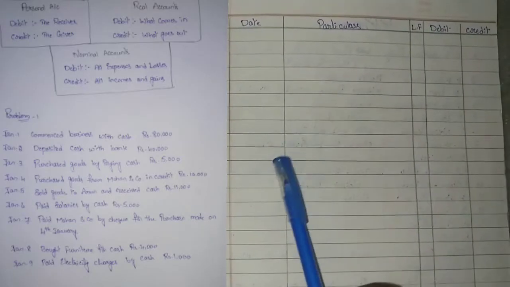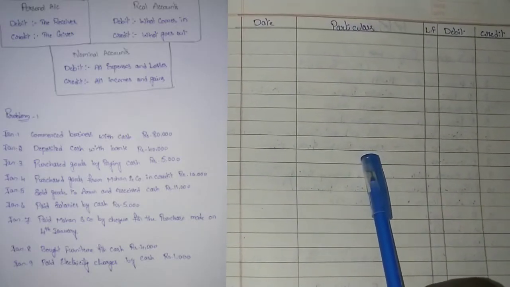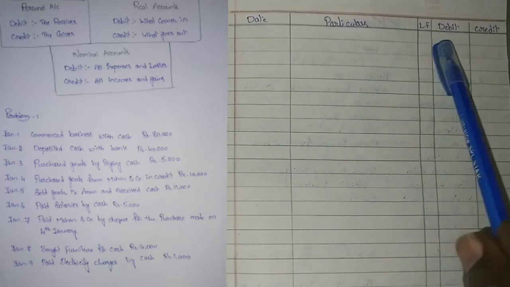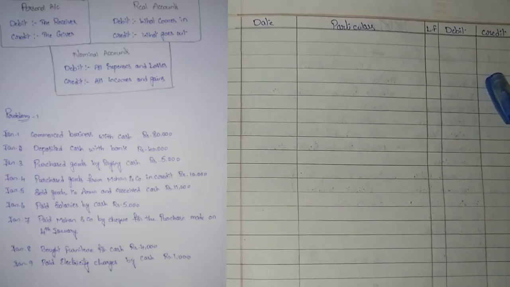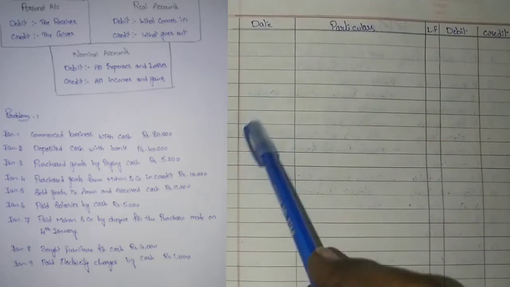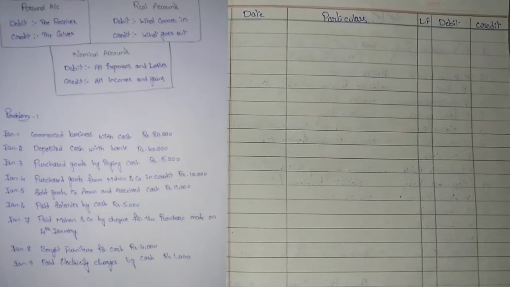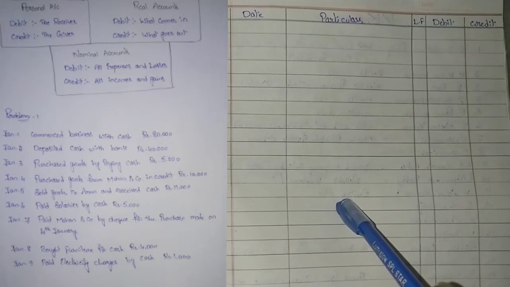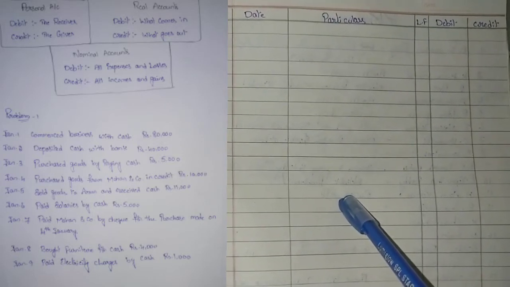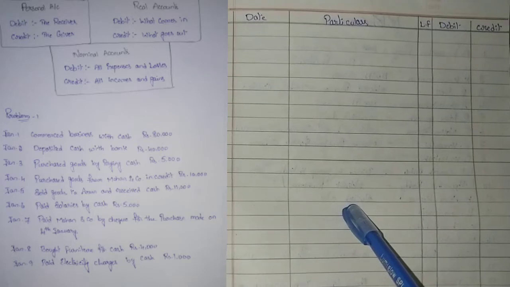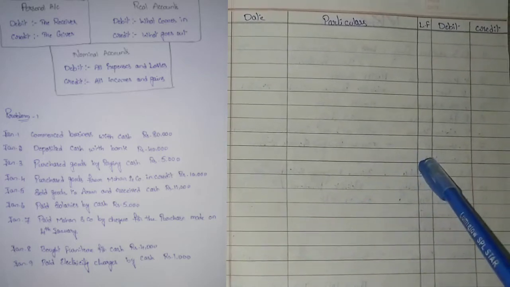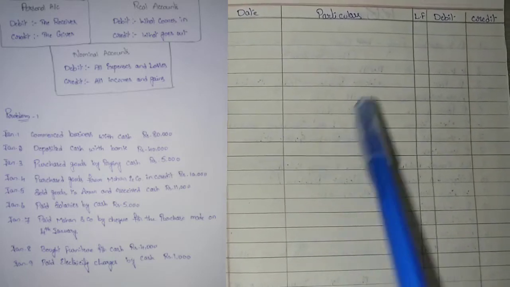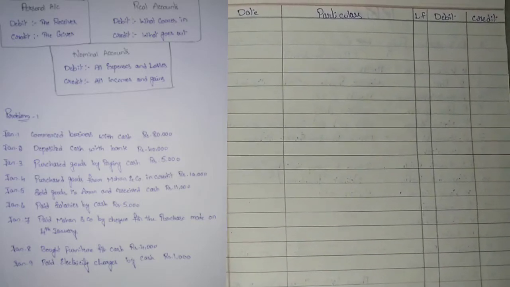This is the format which we will use for the preparation of journal books, that is journal entries. So we will be having date, particulars, LF, debit and credit columns. So here on date column we will go for recording the date on which the transaction has been taken place. Under the particulars column we will go for writing the two entries of a transaction, that is debit entry and credit entry along with the narration. And LF stands for ledger folio, that is the page number of this transaction recorded in the ledger books.